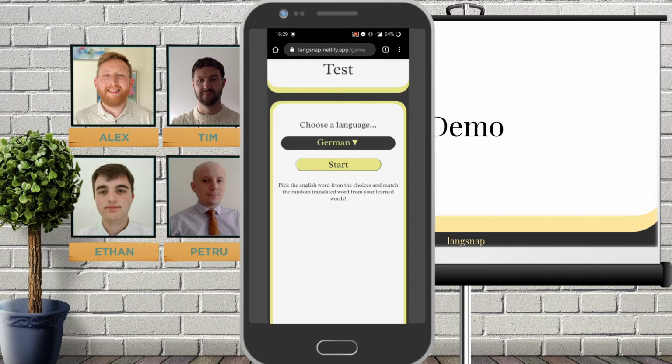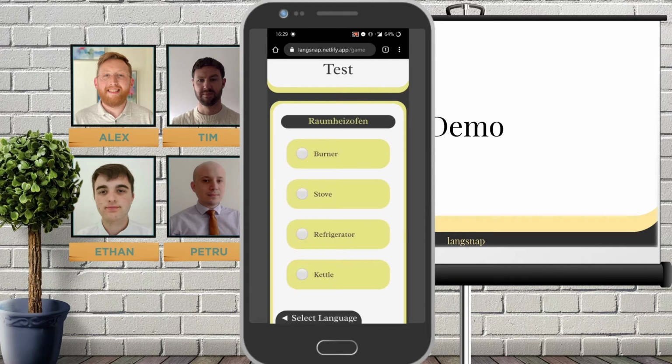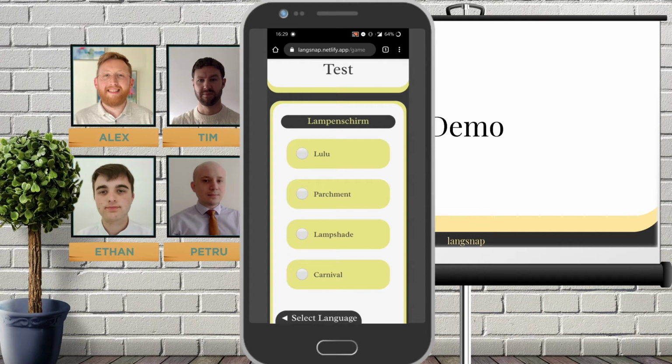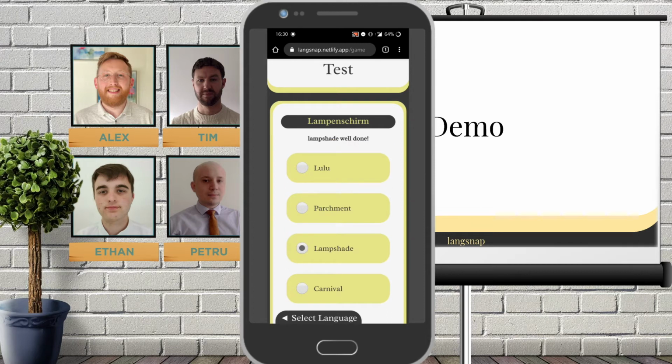Another key feature of our application is the multiple choice quiz. To begin, select a language in which you want to take the quiz and simply click on the correct answer. It is worth noting that the user can only access this feature once they have translated more than 2 words